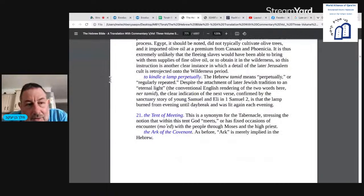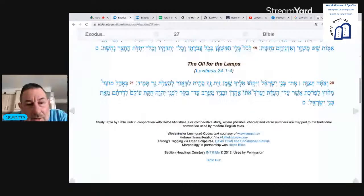Interesting. So what he's saying is that the light was not always kept. It was lit basically only at night. It was not lit during the day. It would almost seem kind of silly to have it lit during the day, right? But at any rate, it means